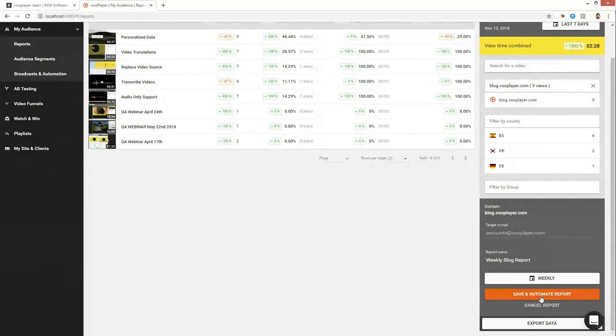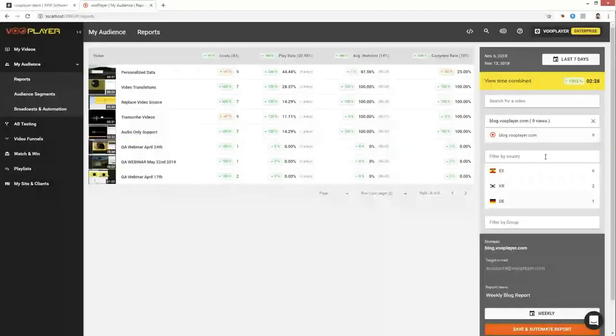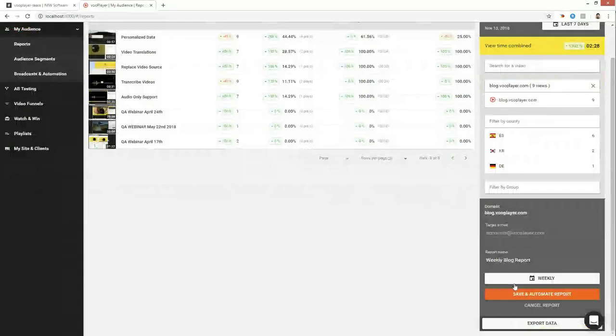What's going to happen is once I hit this, this report with all of these filters is going to get saved. And each week, it's going to run the report with those filters for the views from that week. And you're going to get a report via an email, which gives you the data in the email. You're also going to have the ability from the email to jump back into the application, review it, and filter it down even further if you want to, as well as view all of that data in a Google Sheet.